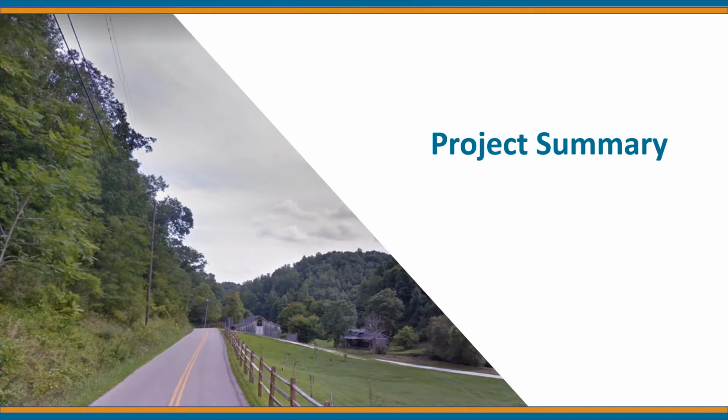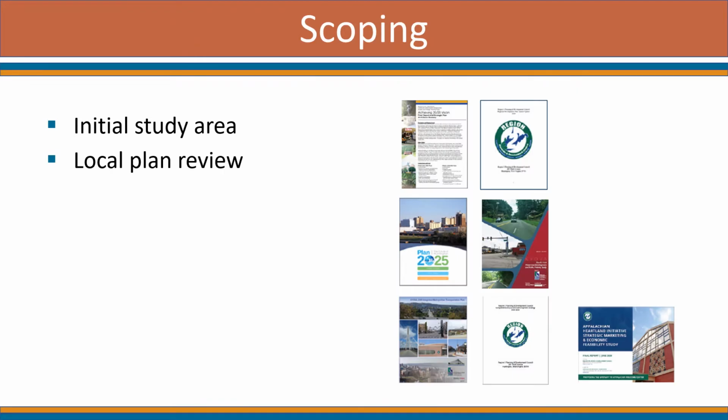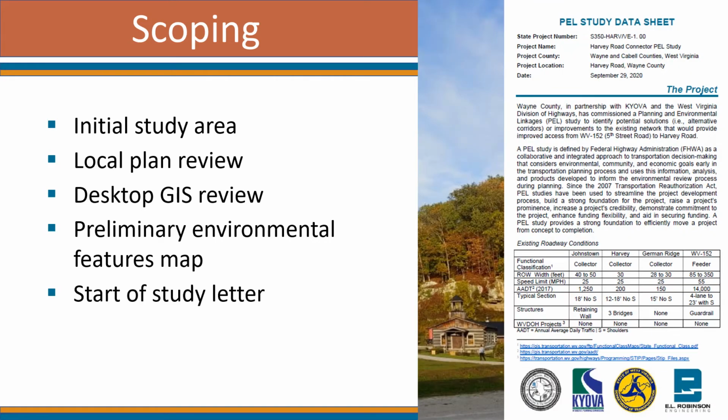We will now summarize the Harvey Road Connector PEL Study project. This graphic summarizes the decision-making process the Harvey Road Connector PEL Study followed. We will now go through each of these steps. Scoping consisted of developing the initial study area, reviewing local plans, conducting a desktop GIS review, using the desktop GIS review information to create a preliminary environmental features map, and incorporating the desktop GIS review information into a start of